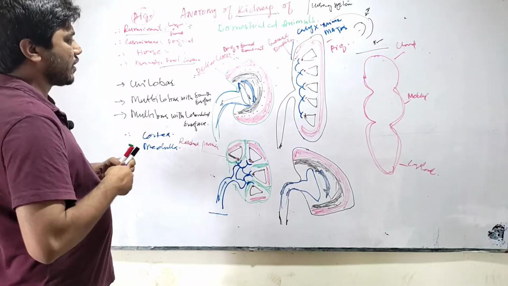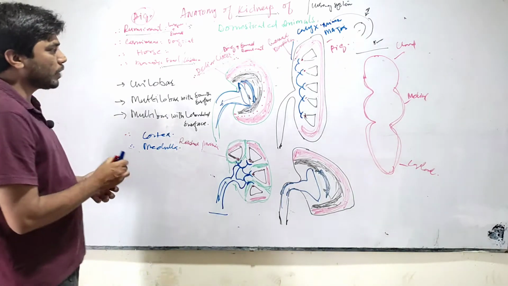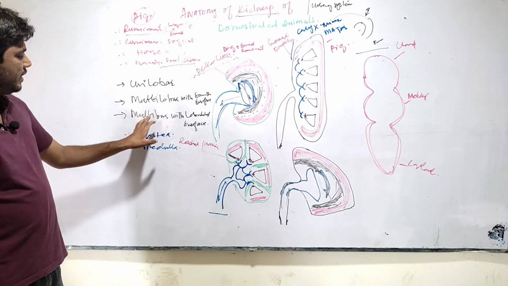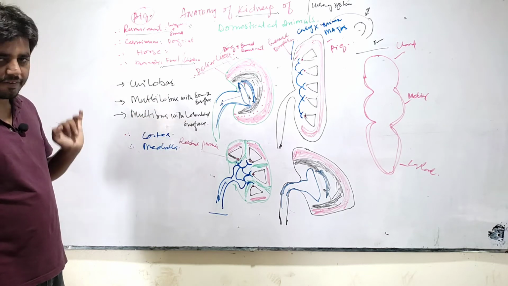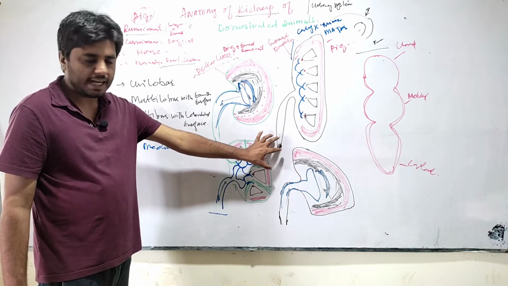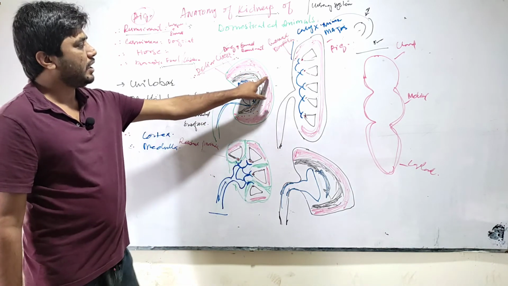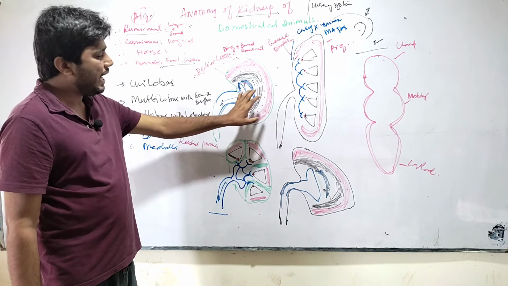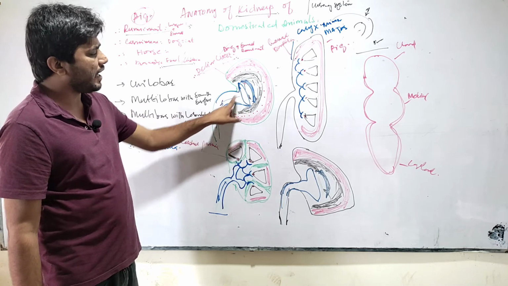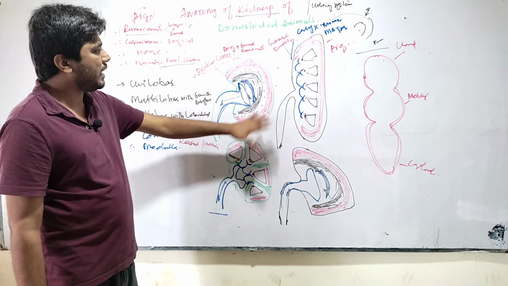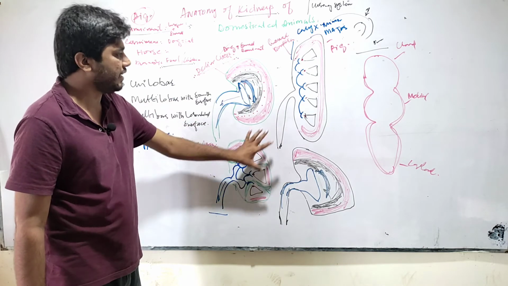Look here again carefully. Now you can understand what unilobar, multilobar, and multilobar with lobulated surface mean. We have cortex and medulla as parenchyma, and the renal cavity consists of the minor and major calyces, which are part of the ureter. But in different animals the story is a little different.